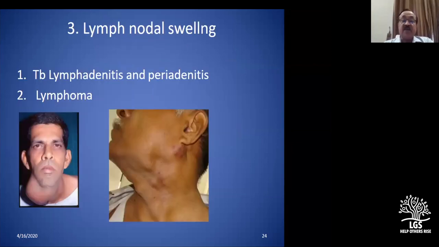Okay. So we are coming to the solid swellings in the posterior triangle, and we have mentioned already about tuberculosis, and now comes lymphoma. I think all of you know Hodgkin's lymphoma. Hodgkin's typically starts in the posterior triangle, typically described as a bunch of grapes, multiple nodes. You can have a massive enlargement here. They are not matted, unlike tuberculosis. In tuberculosis, within 1 or 2 months, you will have caseation and a cold abscess and sinus formation.